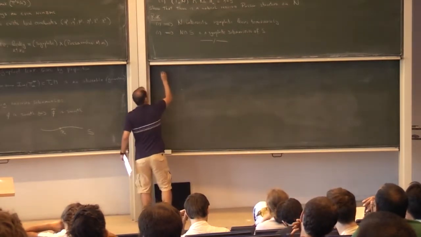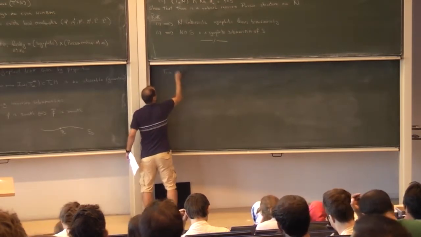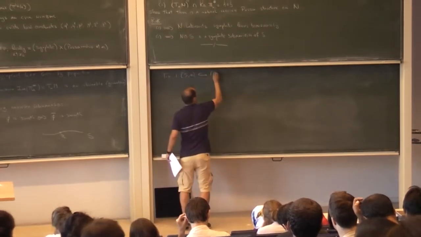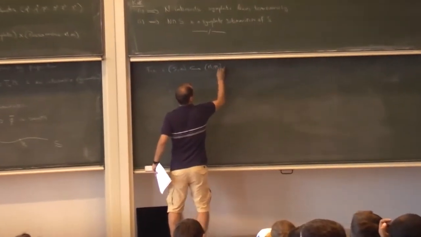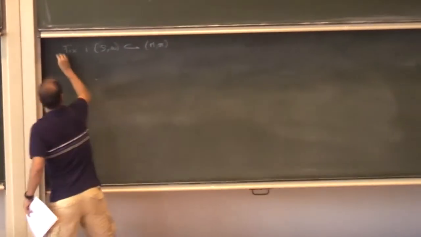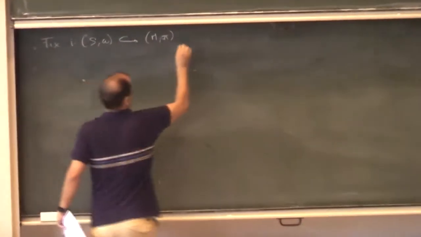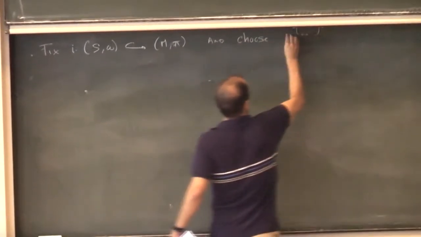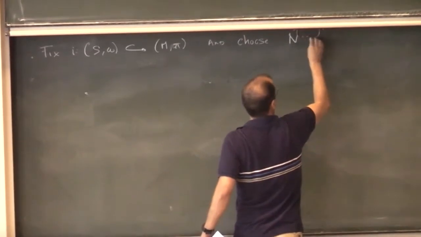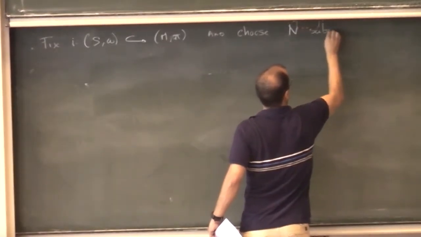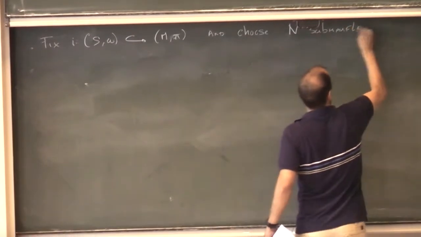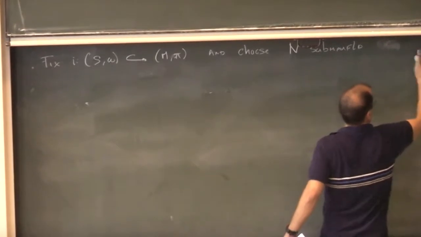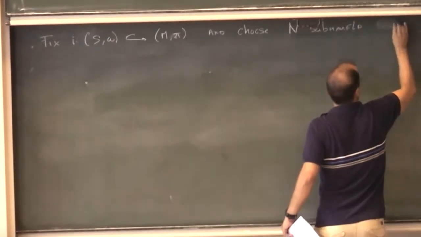So, fix the symplectic leaf, and choose N submanifolds such that